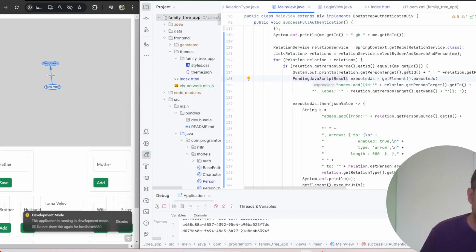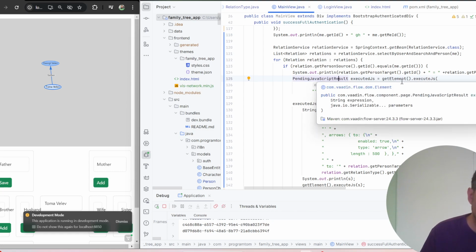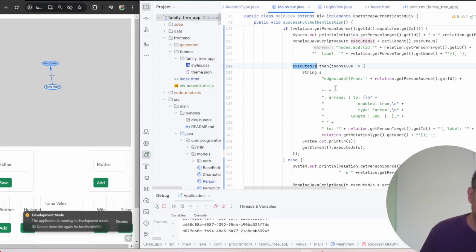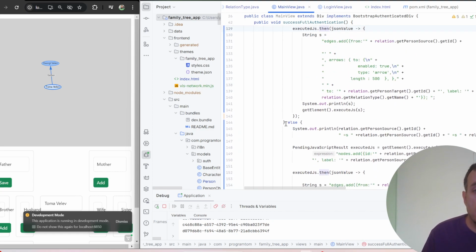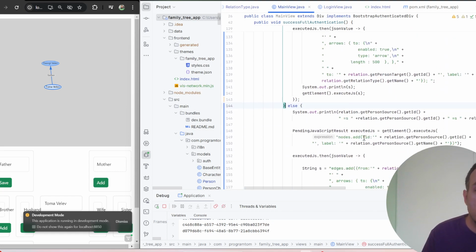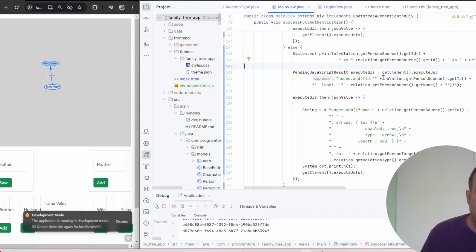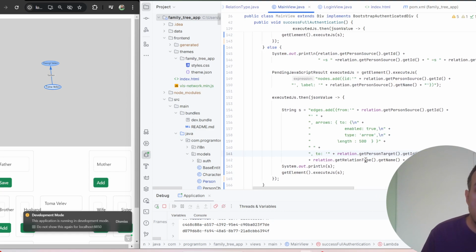So execute.js is an asynchronous operation, and basically when you need something executed after another, once you want the other thing to have been completed, you need to use these callbacks, and it's very similar for the else clause. And basically this adds nodes with a length and a label. So the label is the relation type,